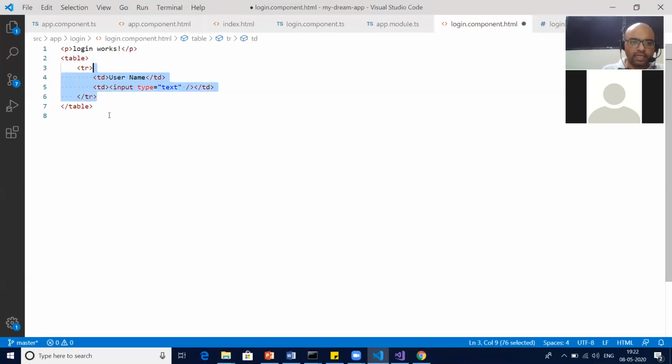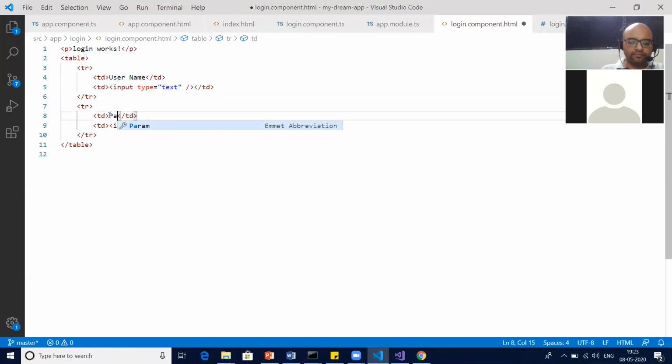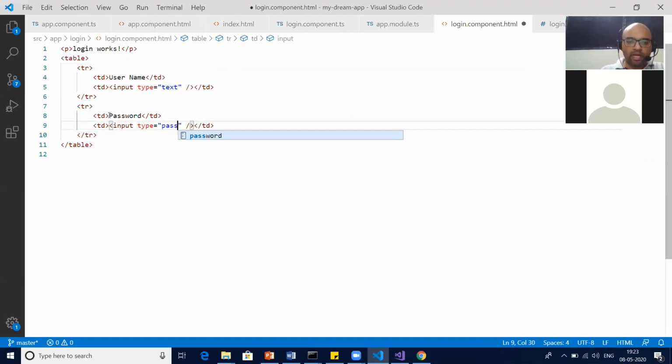And like this, let me add password also. In the case of password, your text box type should be password. That is how you see asterisks when you write a password. Basically, your browser doesn't show the password because the input type is password. So input type text means text box. Input type password means again a text box, but the type is password, which means whatever text you write, it will not show. Asterisks will come instead of that.